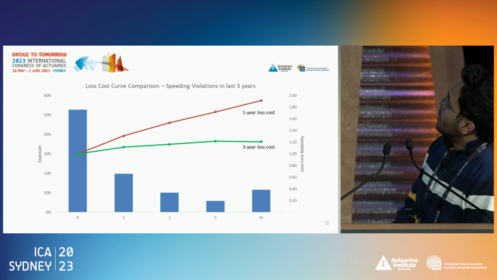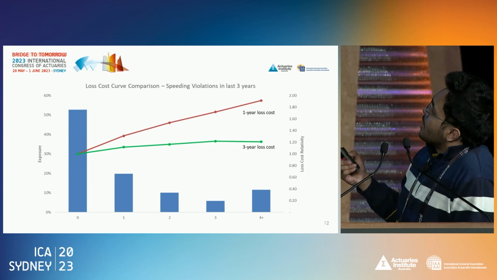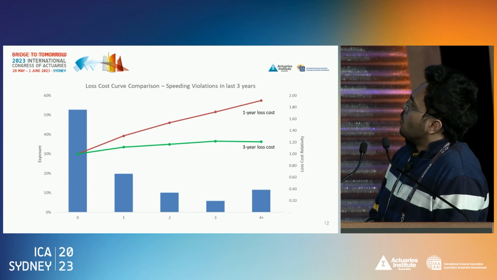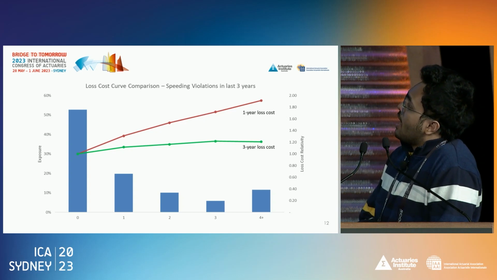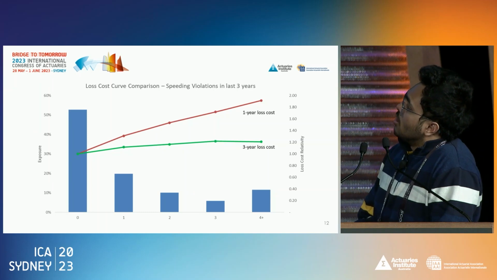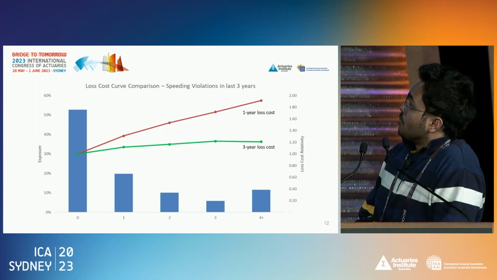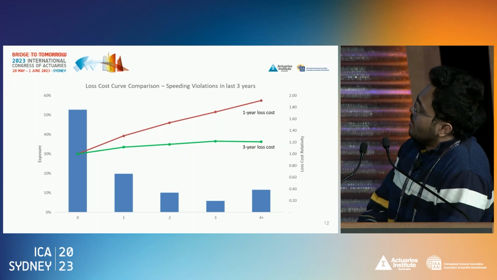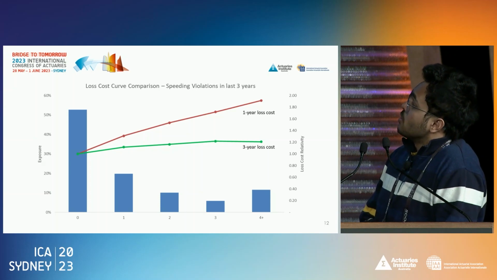When we look at the 3-year loss cost for this same variable, we see that it is a much flatter line, meaning that over the long term, people with 1, 2, or more speeding violations may not actually have such an outsized impact on the loss ratio. However, in today's pricing models, most of the modeling is done similar to the red line, where high rate increases are imposed on